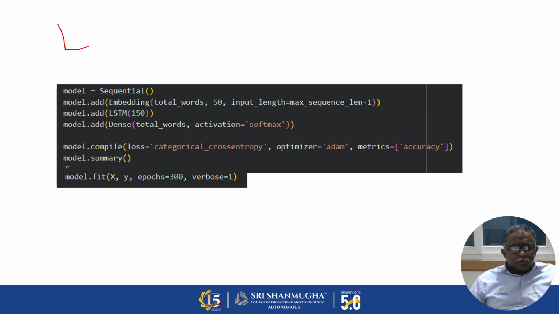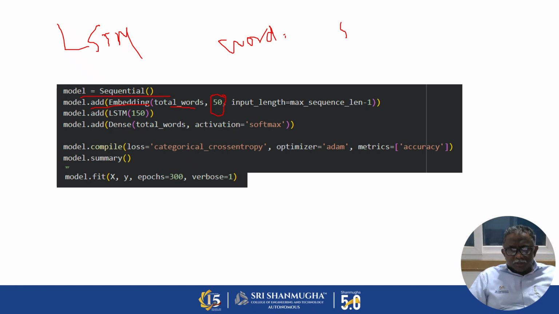So we are using this LSTM model. This is the model that we are going to use. Since we work on a neural network, we use Sequential. We add an embedding layer with the number of words, that is, the unique words. Each word will have a different 50-dimension vector.